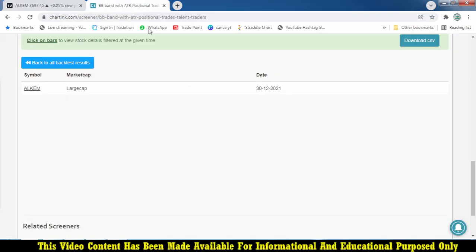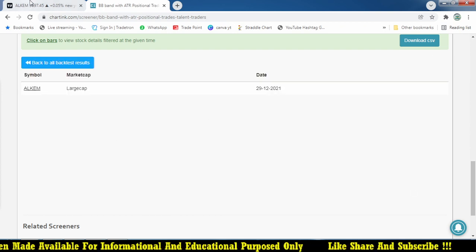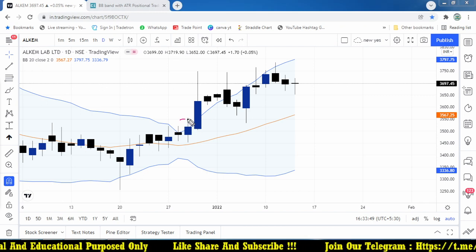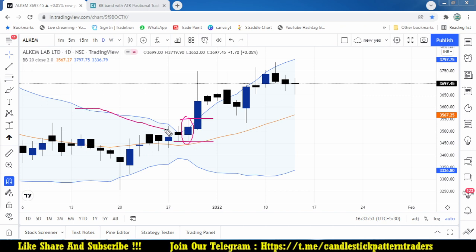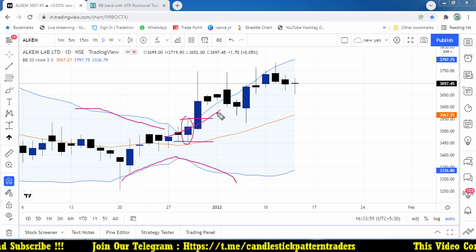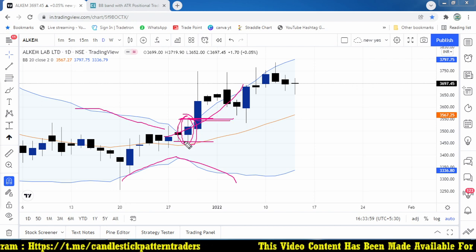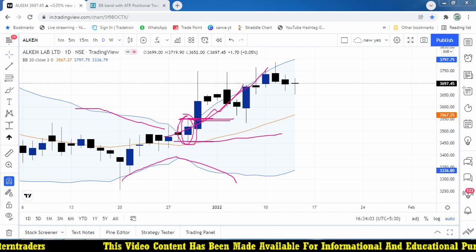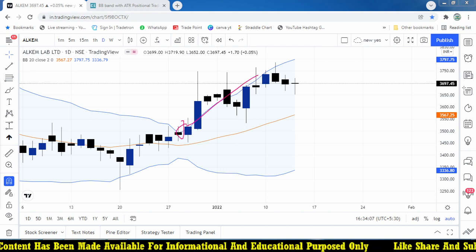And any other, what is the previous one? Alkem, and the previous one also is Alkem 29th. If you found this opportunity earlier, this is your entry point. So the 29th also has the same kind of pattern, narrowing and expanding. At this point we got an opportunity, but if you had taken entry here, very small risk, now it triggers your target. Is that right? If I'm buying a call option at this point, I'll be making huge benefit from this kind of trade.